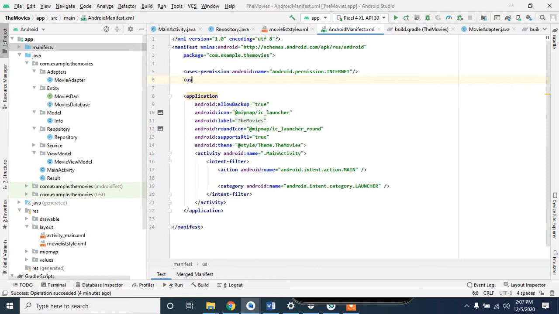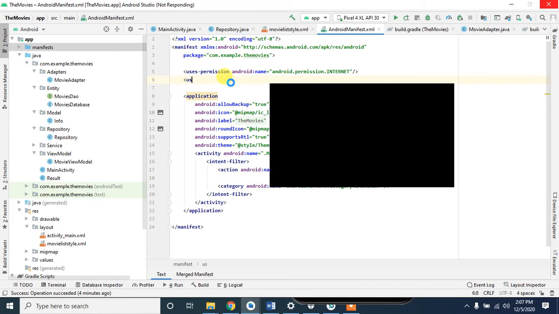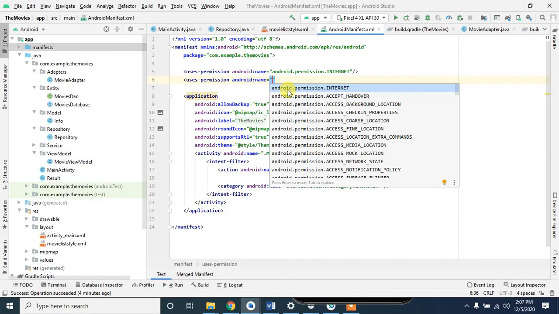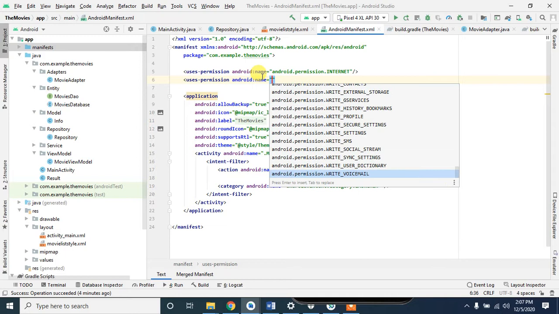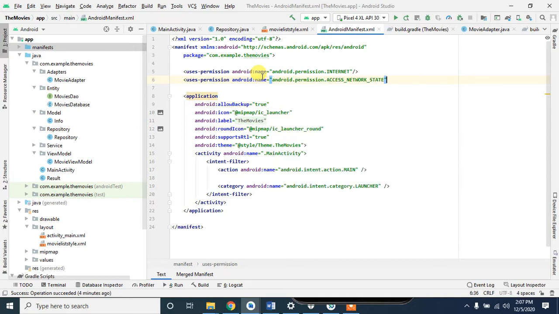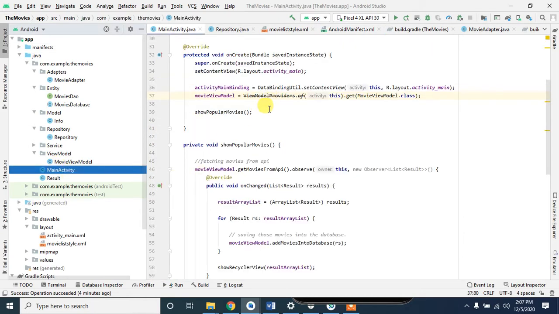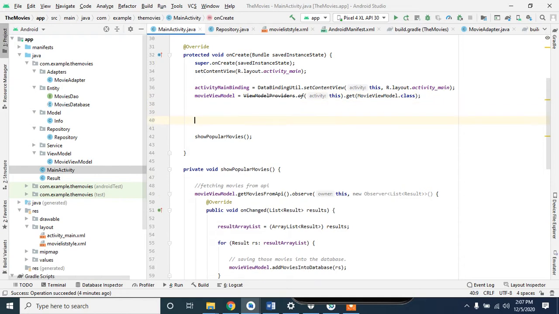and, okay, Android Studio is hanging for some reason. Okay, permission network state, and I'll come back to my main activity, and here what I'll do is